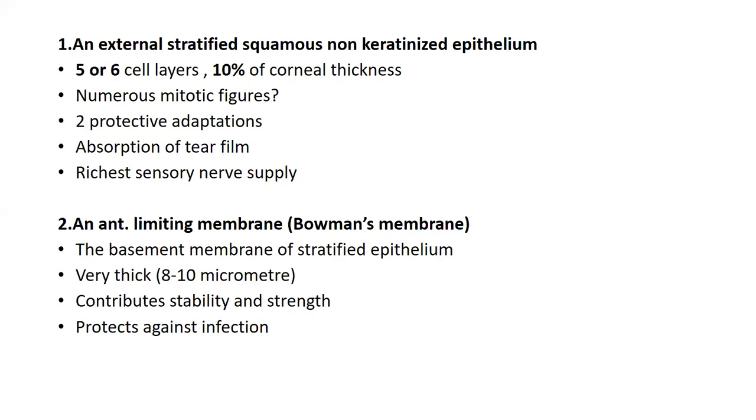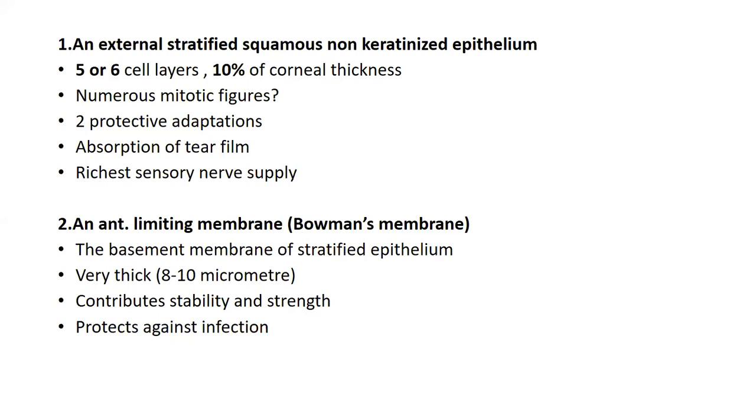So these are the protective adaptations, and there is absorption of tears at that level. This epithelium is especially adapted to the absorption of tears. As we know, there are special structures that form tears. So there is constantly a thin layer of tear film in front of the cornea that is required for the proper functioning of the eye and refraction of light. But we don't need excessive tears. So these tears are absorbed constantly by microvilli present at the apical surface of the more superficial layer, and it is richly supplied by sensory nerves. That's why the cornea is extremely pain sensitive.